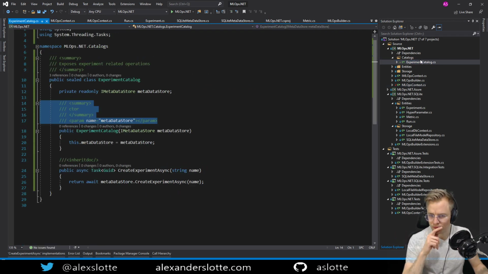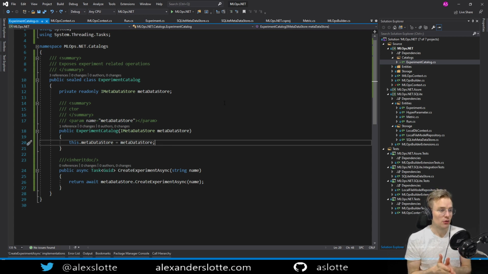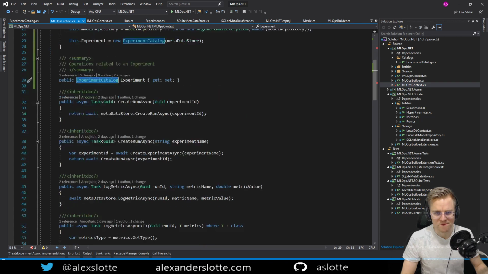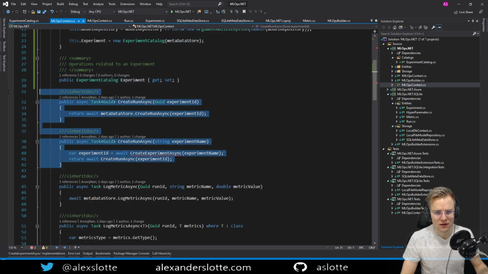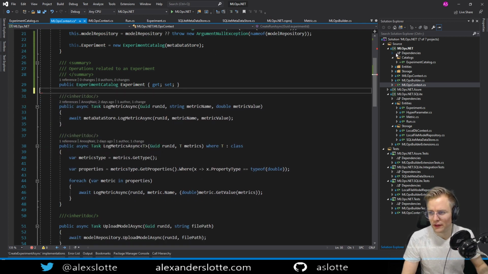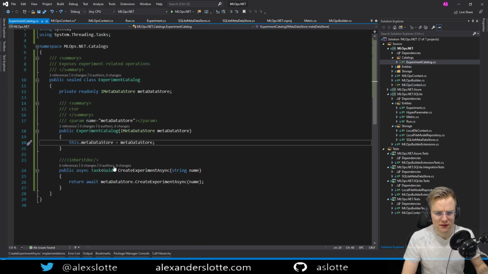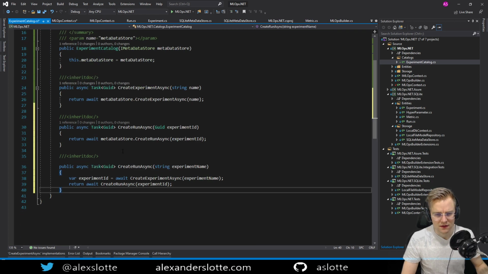Naming is really hard, so finding a good name for this is going to be difficult, and I have to try to find something useful here. So we're going to have both runs and experiments here. For example, this one is going to go in here, this one's going to go in here. I'll add those to it and we'll see if we find a good name for this.